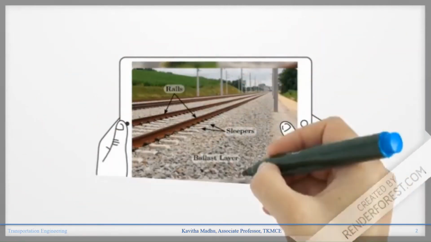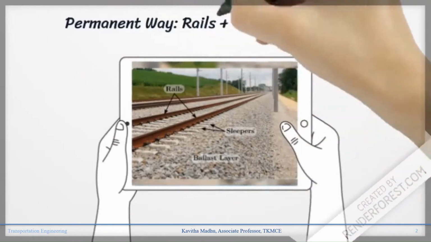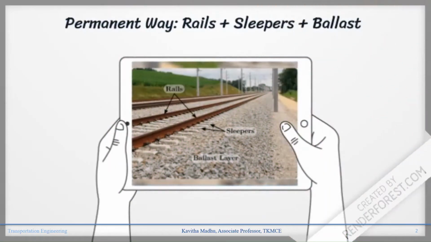The track, or also called the permanent way, is a railroad on which the trains are running. Okay? It consists of mainly two rails which are fixed to the sleepers, and these sleepers are embedded in a layer of ballast, and along with that there are fasteners which connect the rails, and the rails are connected to the sleeper. So mainly there are three components, and they are the rail, the sleeper and the ballast.